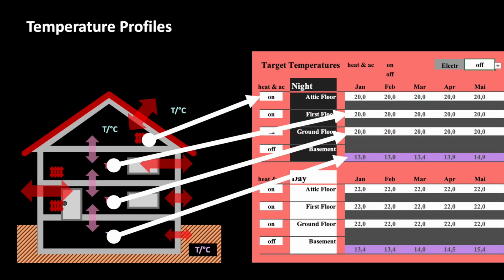And that was the second part of our step-by-step user's guide. We calculated how much heating energy could be saved per square meter by just reducing the target temperatures. The tool also calculates thermal energy flows through rooms that are not heated or air conditioned. And it even calculates the temperature in these rooms. We have also seen the influence of waste heat from electrical devices, people in the house and the sun. I find that very interesting because it allows you to calculate realistic scenarios quite well.